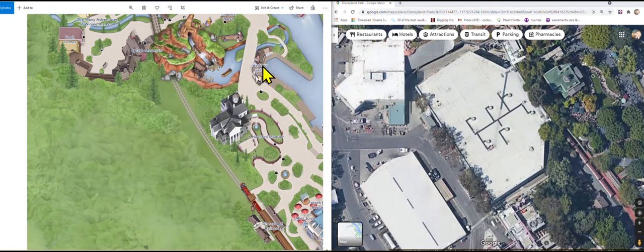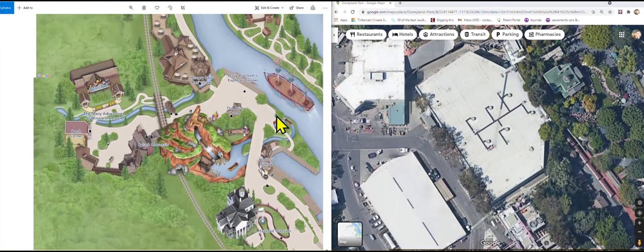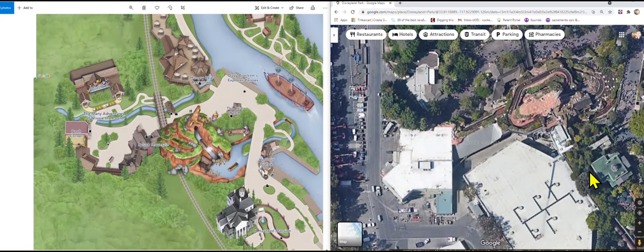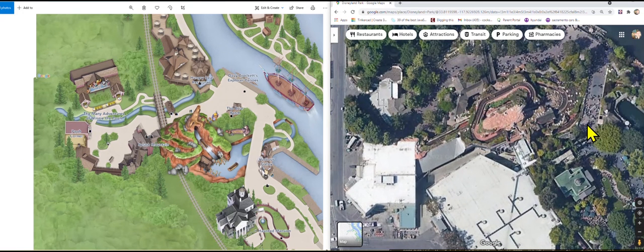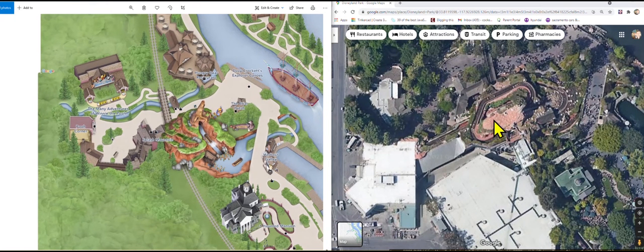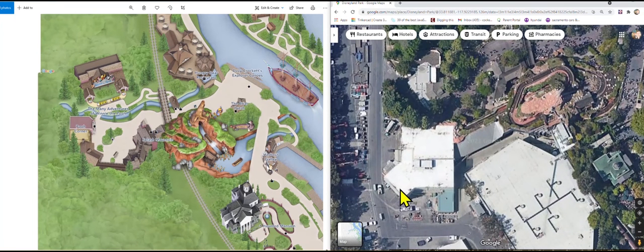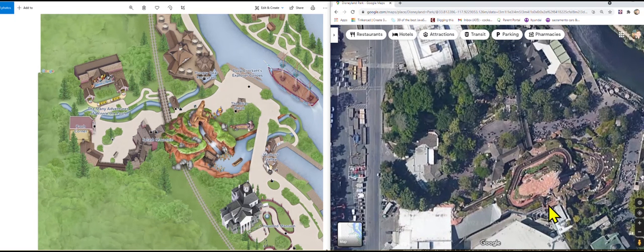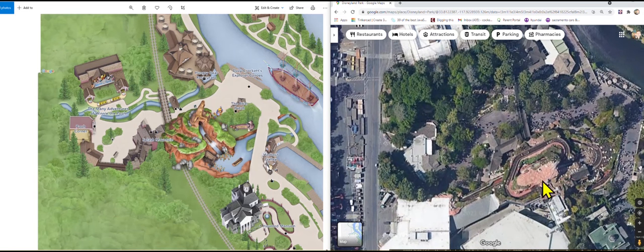All right, so next is Splash Mountain, further up the walkway here, and you can see the top of it here. It's portrayed as a mountain here, which takes place here, and then on the satellite map you can see this structure here, which I'm sure is half the ride. The dark part of the ride is indoors in this air-conditioned building here. The train goes through the mountain here,